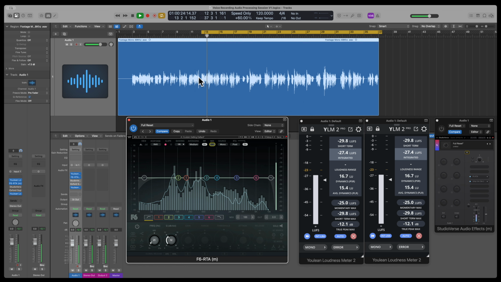In my little booth, got a screen, got a Rode NT1 microphone, 5th generation, using a Focusrite Scarlett 4th generation